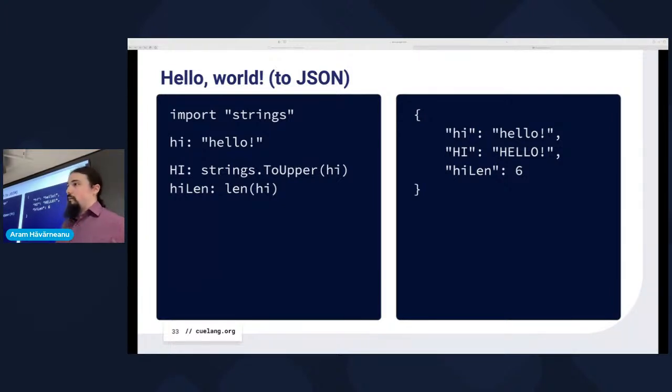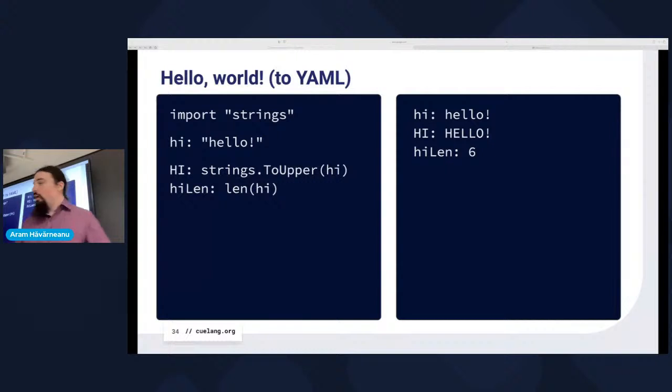It's basically a polyglot universe. Not only can it export to other languages, but it can import and reason about data coming from other languages, like JSON and YAML. So this is an absolutely first-class citizen in the Q ecosystem. When you evaluate the Q program, you can get, for example, in this case, JSON, or in this case, it's YAML, which kind of looks similar to the first example.